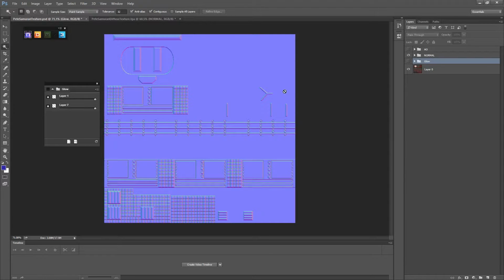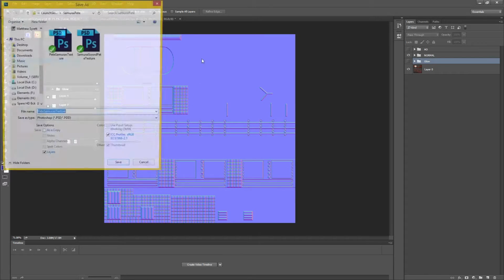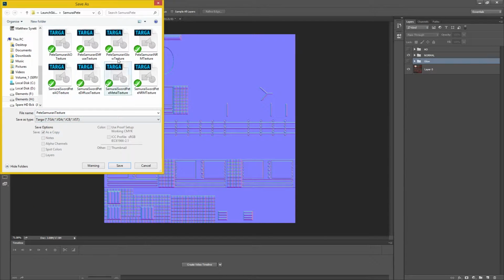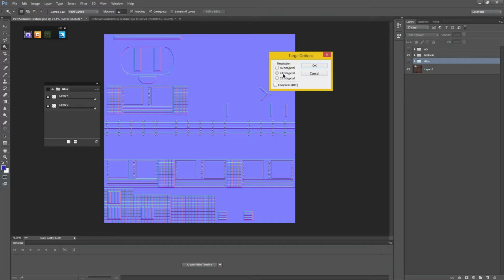So what we need to do is we need to save this out. So you should be saving out as targets. And we need to save this out as a normal map. So I tend to use the prefix NRM for normal. It's a 24-bit, click OK. Now if we open this up,